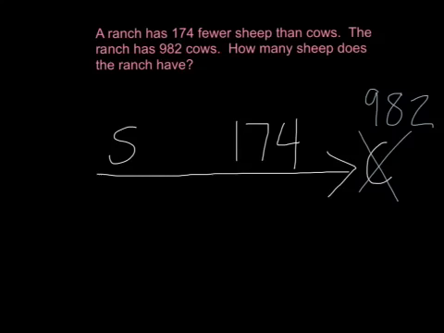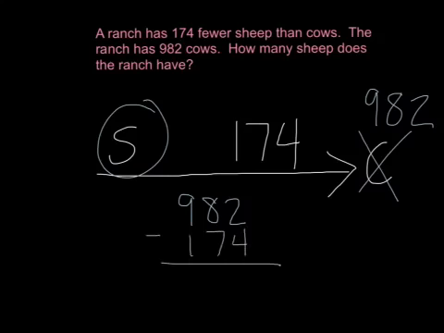Now we can figure out how many sheep the ranch has because we can subtract. We're subtracting because the small number is the number that's missing. So to get a smaller number, we know we have to subtract. So we can do 982 minus